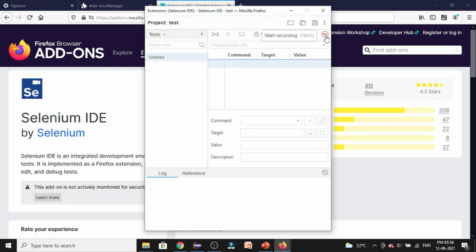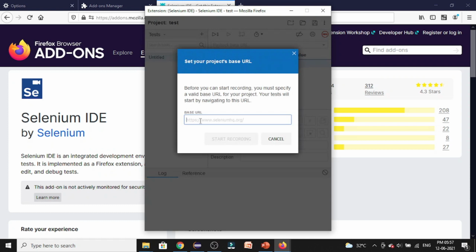Now, as I mentioned before, you can record all the user actions which you want to perform for the application and play them back. For recording them, what you have got here is a record option. If you want to record, just click on start recording. I'll be clicking on start recording and it is asking me which URL I want to record. Let's just say I'm giving Google simply.